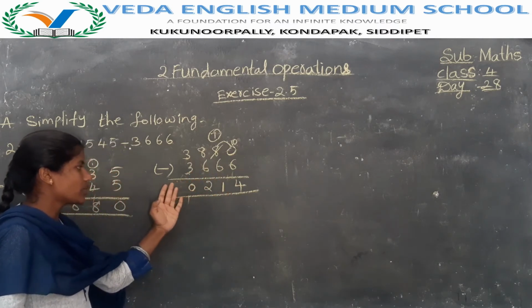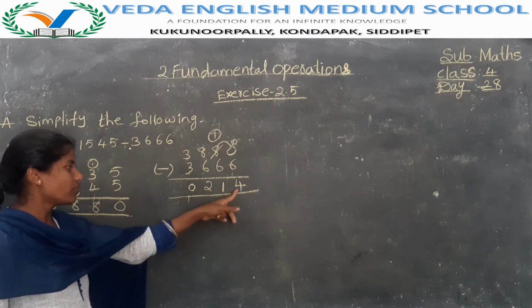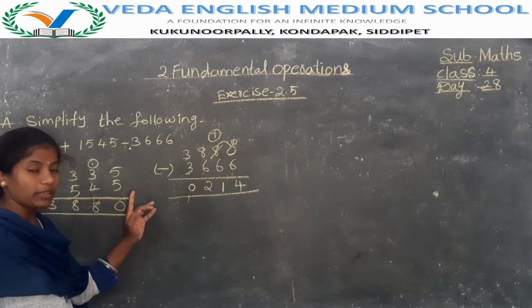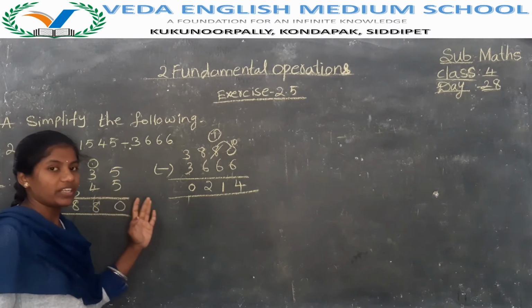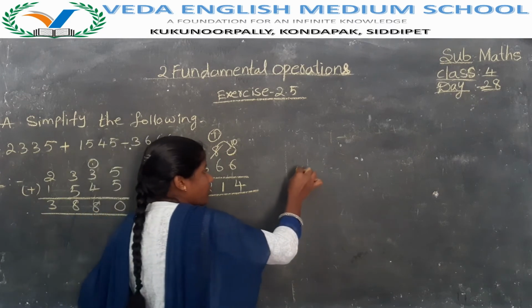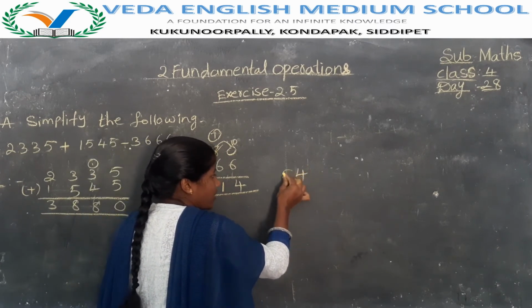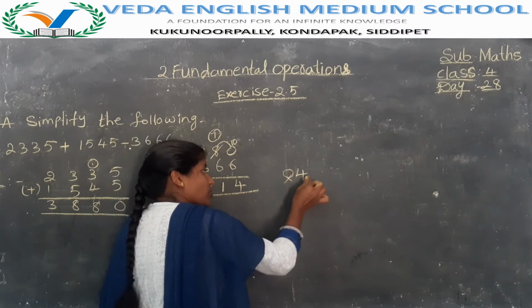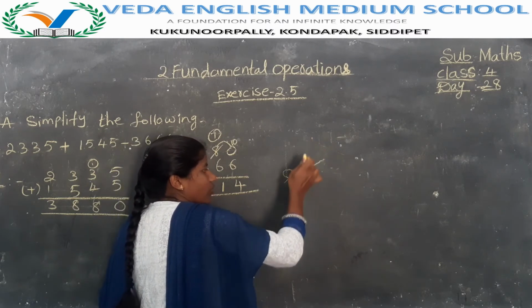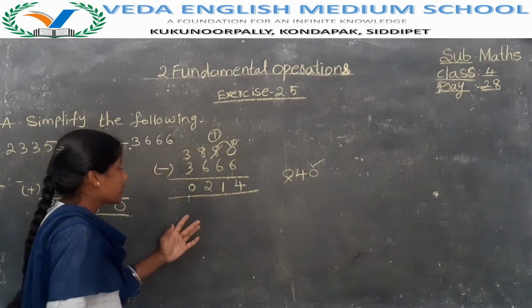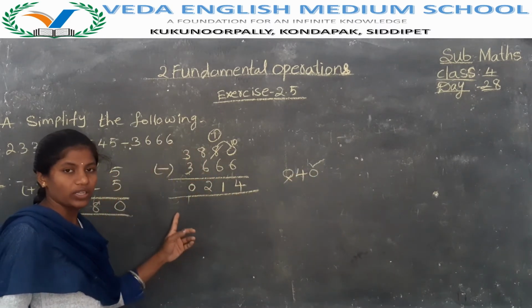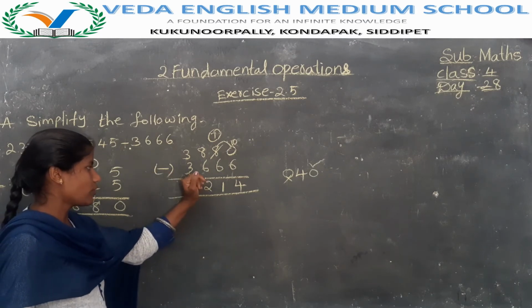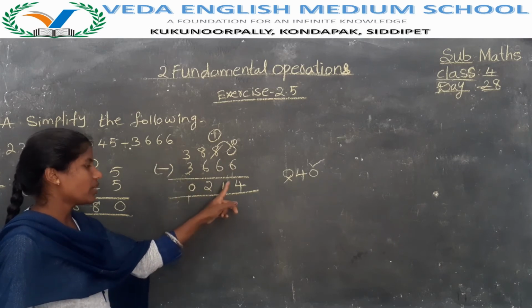Now no need to count the 0 because for this 214, this 0 is on the left side. We already learned: if I have written 4, and we write 0 to the left side of this 4, then there is no value for this 0. If the same 0 is on the right side, then there is a value for 0. Now it becomes 40. If you write 0 on the left side of any number, that 0 has no value. If you write 0 on the right side, there is a value for the 0. So here there is no value for the 0. Here we got the answer 214.